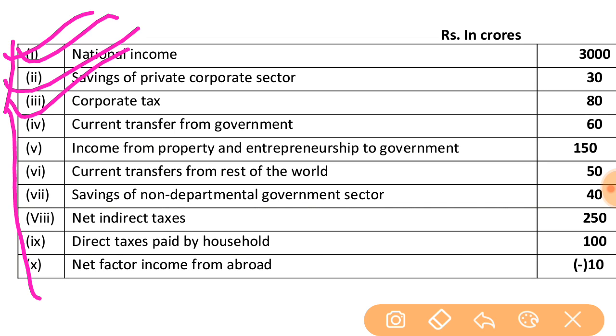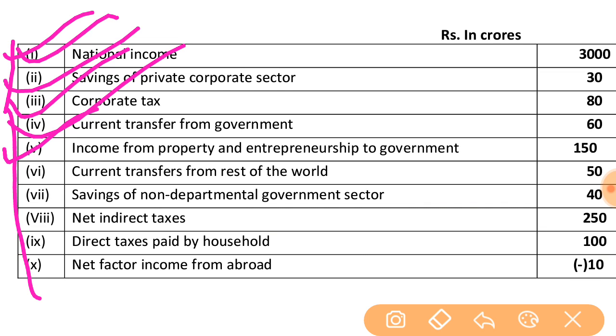Corporation tax is the company tax paid to the government. And here it is number 4, current transfer from payment. Current transfer from payment means it includes worker remittances, donation, tax, payments, foreign aid and grants. So these are known as the current transfer from payments.